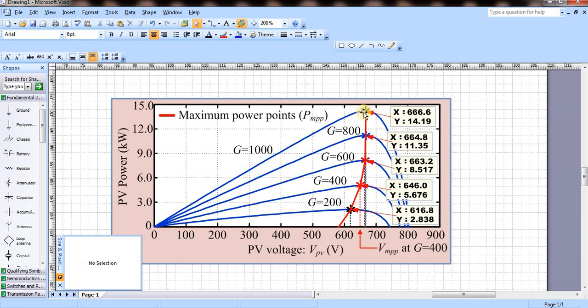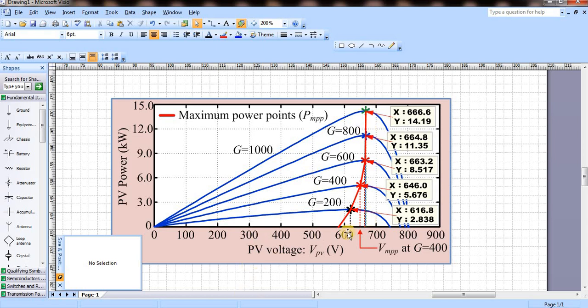But this algorithm doesn't know. It will think that even if I reduce the voltage, maybe I can get the maximum power. So again it will reduce to 560. So it will oscillate from 560 to 760. Whatever delta V is taken, it will operate at 2 times delta V. So the DC link voltage is operating from 560 to 760. It is very dangerous, because a 200 volt gap is there, and it is almost 33% DC link voltage variation.